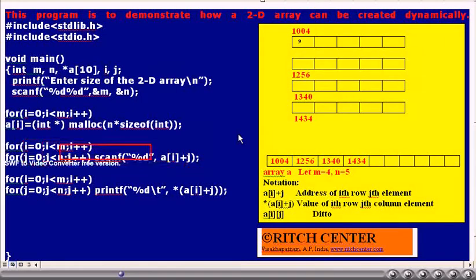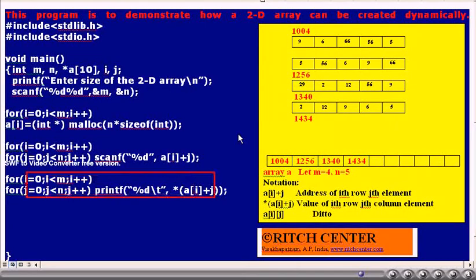Thus, the 2D array can be read. These two for loops will print the elements of the 2D integer array.